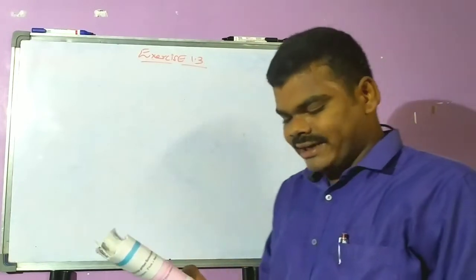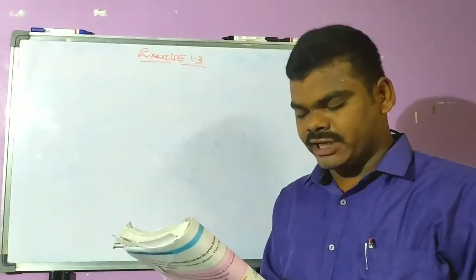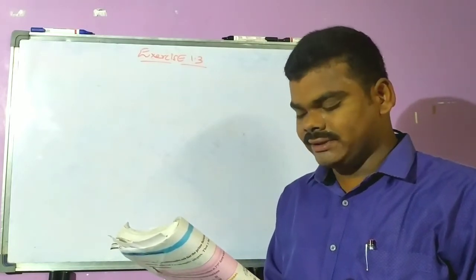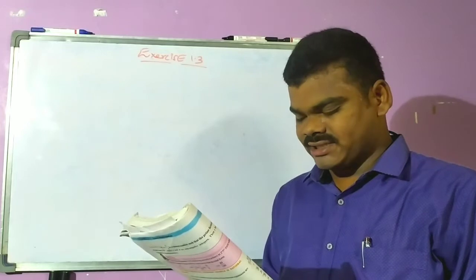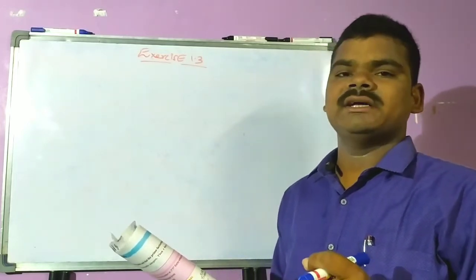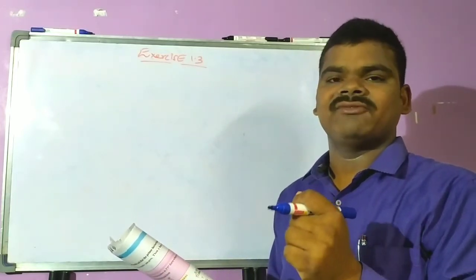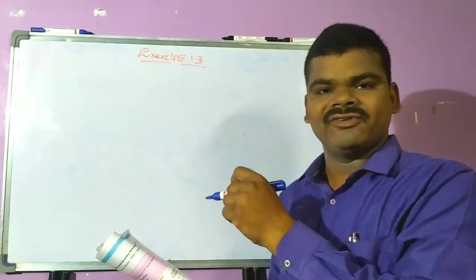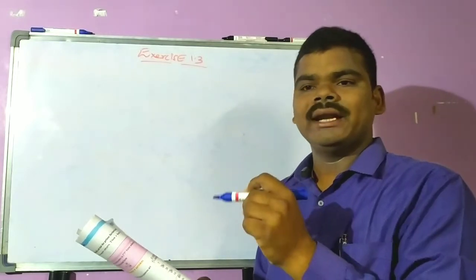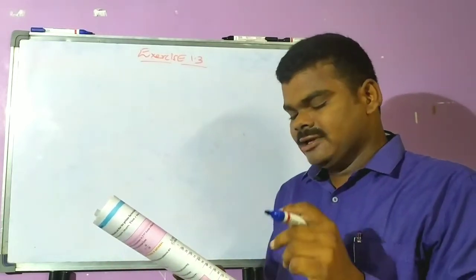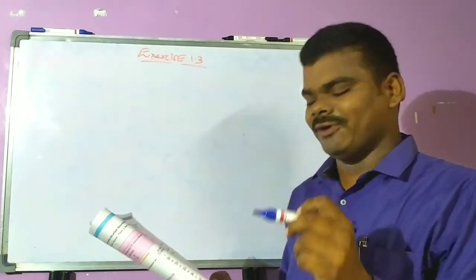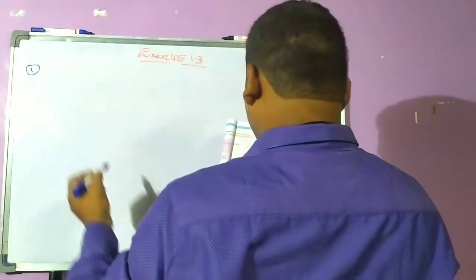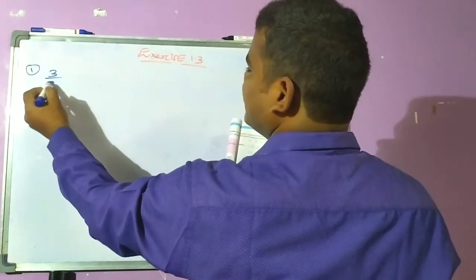Write the following rational numbers in their decimal form and also state which are terminating and which are non-terminating repeating decimal expansions. Terminating decimal expansion means if x is a rational number in the form p/q, q can be expressed in the form 2^n × 5^m, where 2 and 5 are prime factors. So if it does not exist in the form 2^n × 5^m, this is not a terminating decimal expansion.